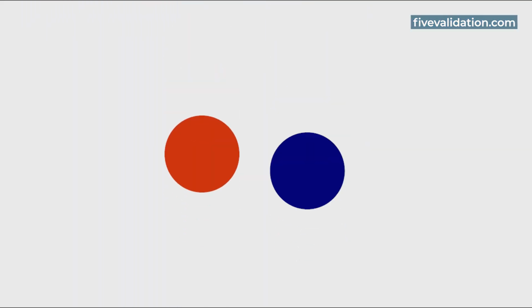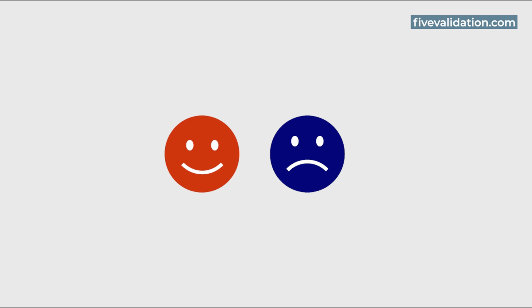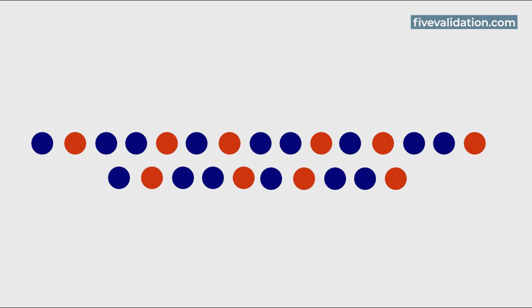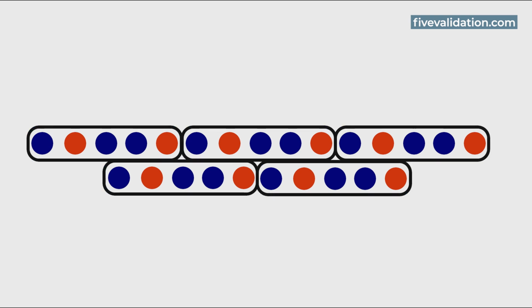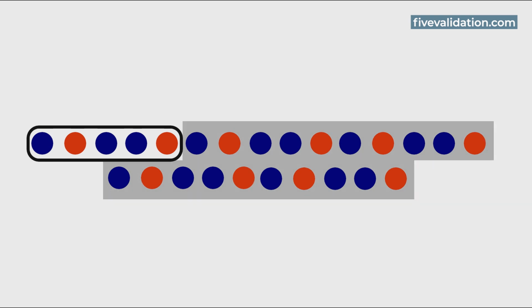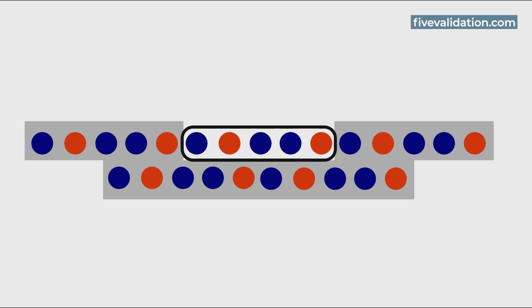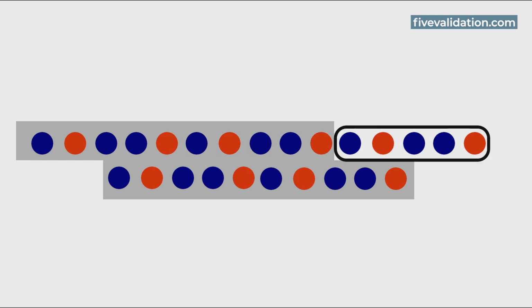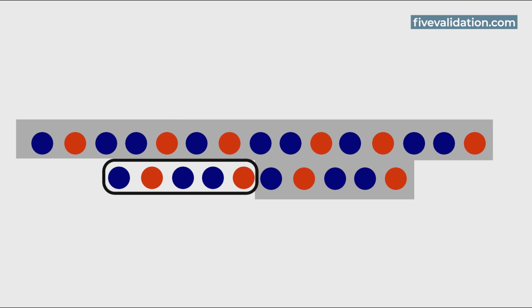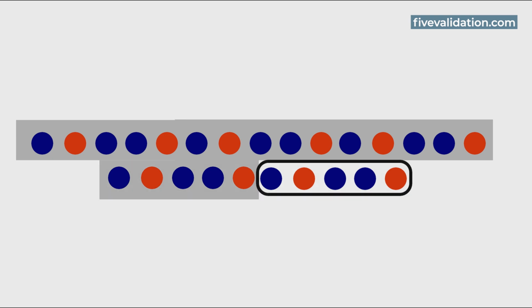Imagine a dataset shown as dots, red for success and blue for failure. If the sample has n items, the first step is to mix all the data randomly so that everything is well distributed before testing begins. We take our dataset and split it into K equal parts or folds. For example, let's say we choose K as 5. This means we have 5 folds. Next, the model is trained using 4 of the 5 parts, and the last part is used to test how well it works. This process is repeated K times, each time with a different part used for testing. This way, every piece of data is tested once, making sure the results are fair.